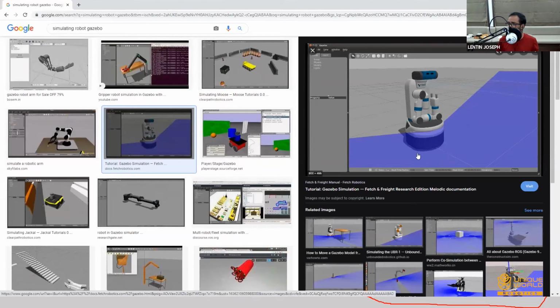How the simulation works is, we have the 3D model of the robot, right? Then the 3D model of the robot can be imported into the simulator. When you import it into the simulator, the purpose is that we are actually simulating the real robot. We are planning to simulate the real robot in a virtual environment.